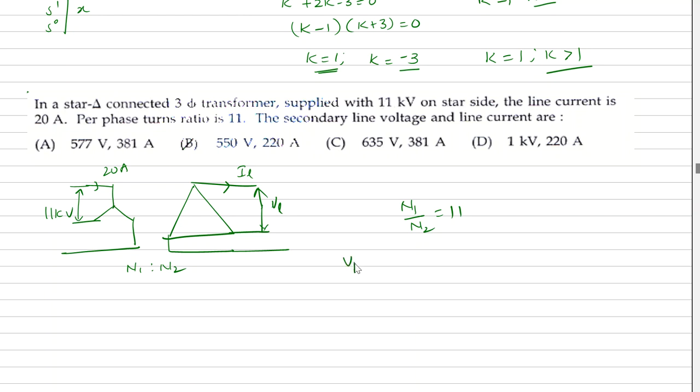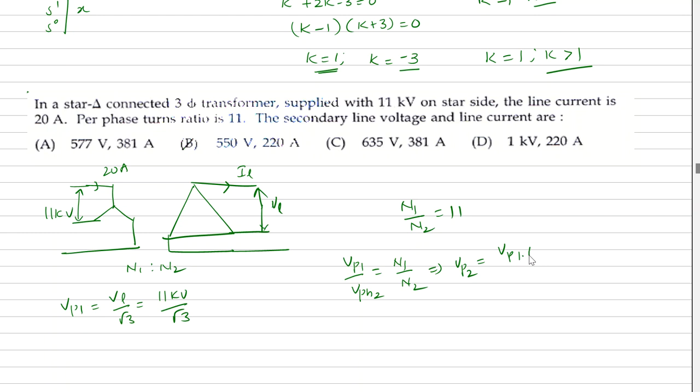That means V phase 1 divided by V phase 2 is equal to N1 by N2. But in the given case, the line voltage is specified. What is VP1? It is nothing but line voltage divided by root 3, so that is equal to 11 kV divided by root 3 here. So from this, what is V phase 2, or VP2? VP2 is equal to VP1